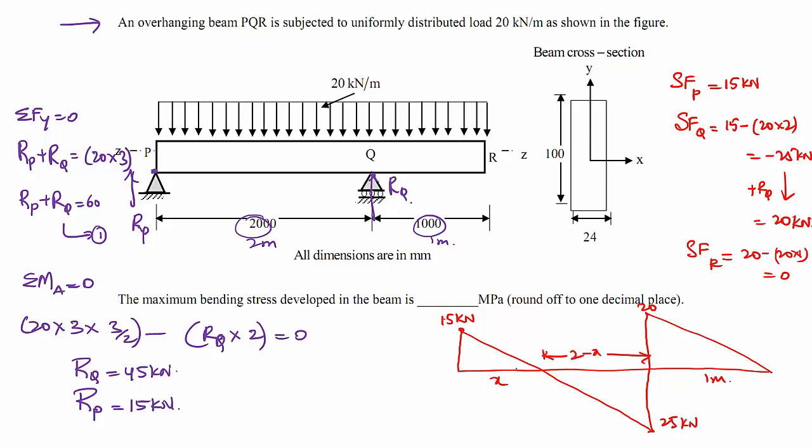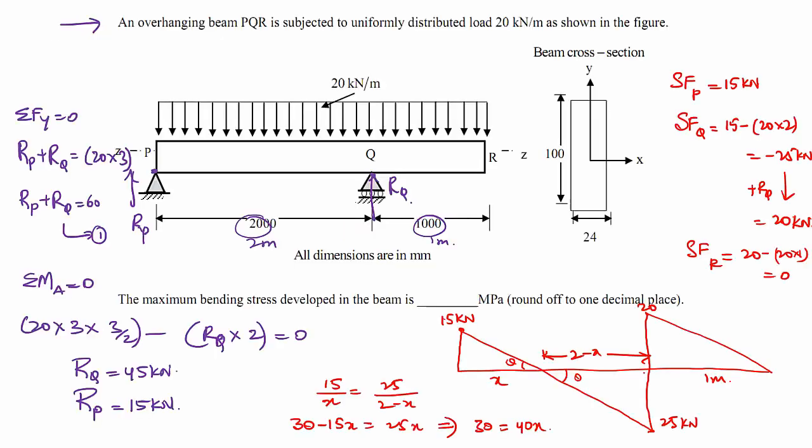We can apply similar triangles here, or we can write the formula for the slope, theta and theta, that is 15 by x is equal to 25 by 2 minus x. So this will be 30 minus 15x equal to 25x, which gives 30 equal to 40x. So x will be equal to 3 by 4, which is 0.75 meters.